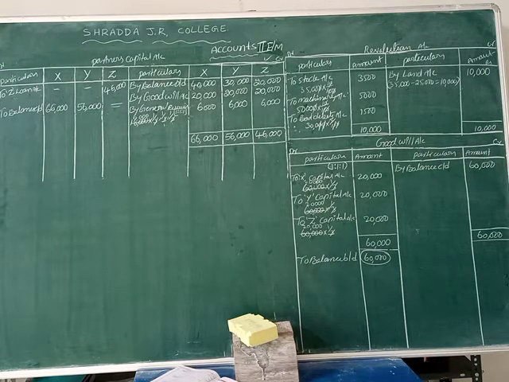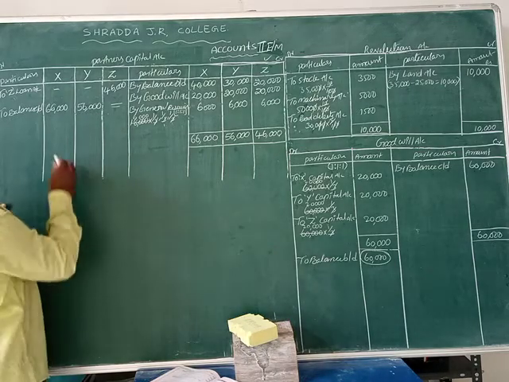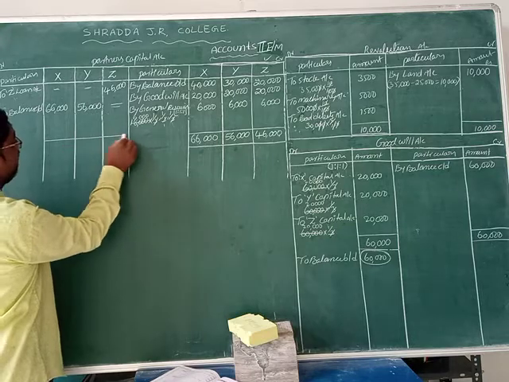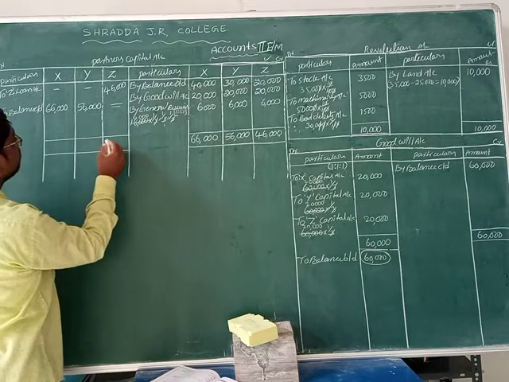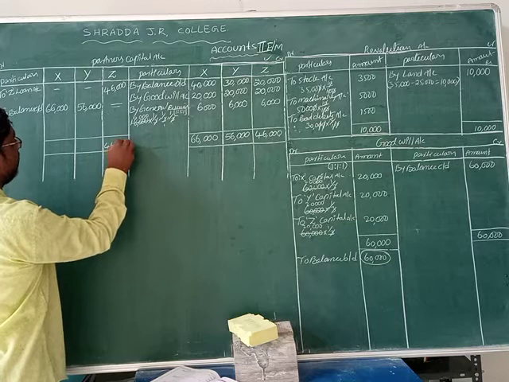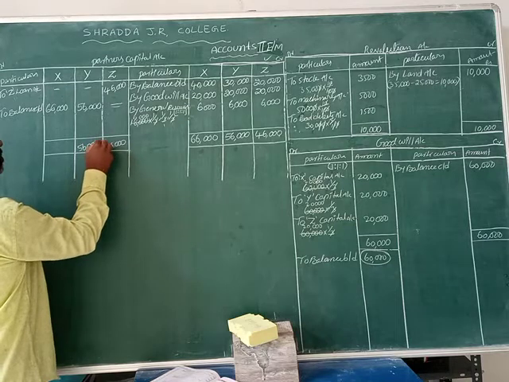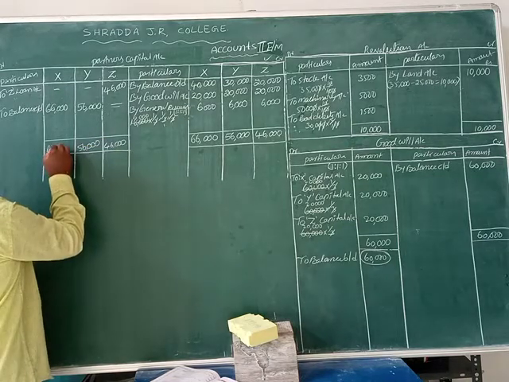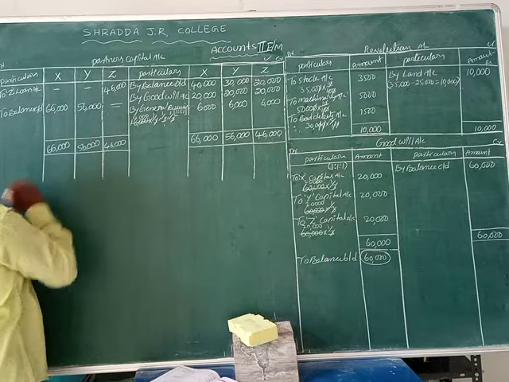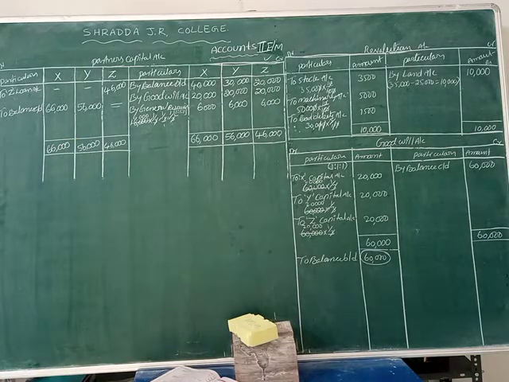Okay now, so the remaining X and Y have 66,000 and 56,000. These two members are the business partners. Who are they? Mr. X and Y are the business partners, students. So now we are doing the total amount: 46,000 rupees, and Y has 56,000 rupees, and X has 66,000 rupees, isn't it? This is the total amount of the debit side.